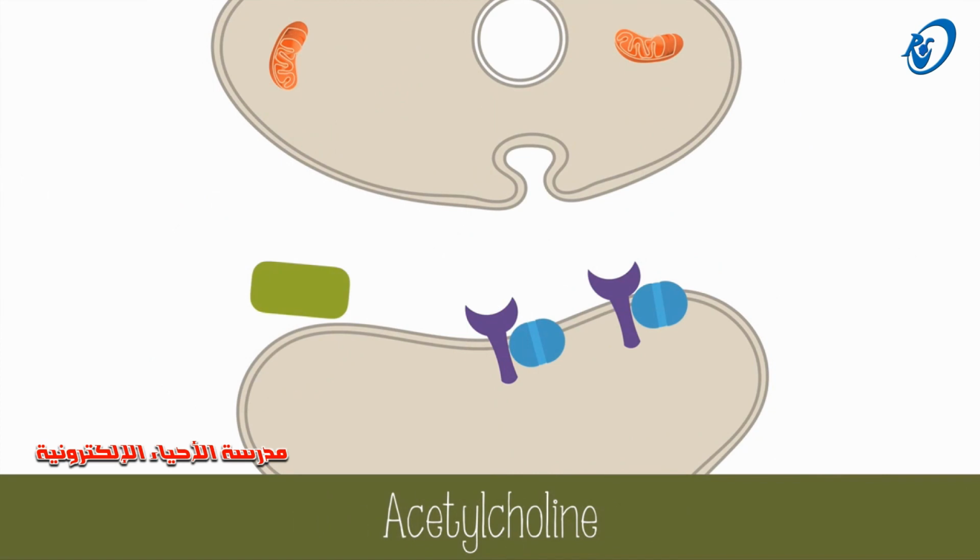There are many different types of neurotransmitter, but we'll look at just one in more detail right now, acetylcholine. This neurotransmitter is made of an acetyl group and a choline, which must be combined together in the presynaptic cell before it's packaged into a vesicle. Then it can be released into the synaptic cleft. After acetylcholine binds with a receptor, it is rapidly broken down by acetylcholinesterase, an enzyme that's present in the synaptic cleft. The acetyl group and choline can then be reabsorbed by the presynaptic neuron and combined again into acetylcholine for reuse.